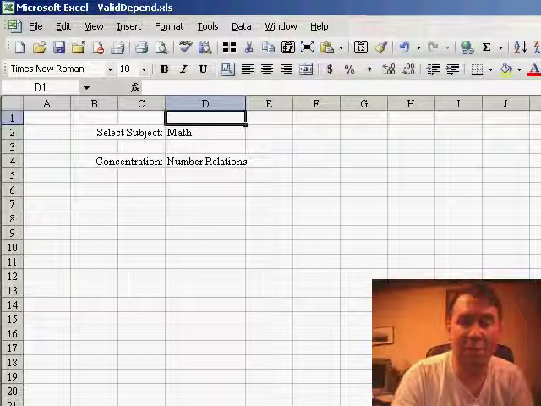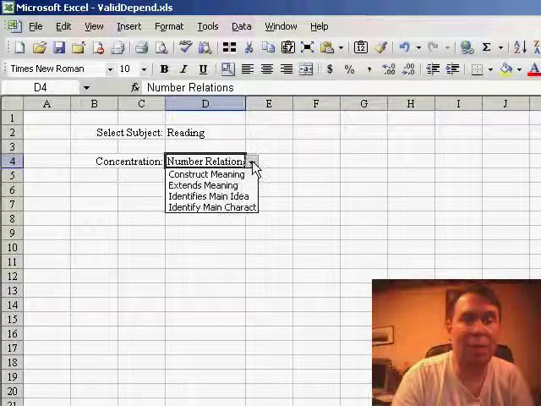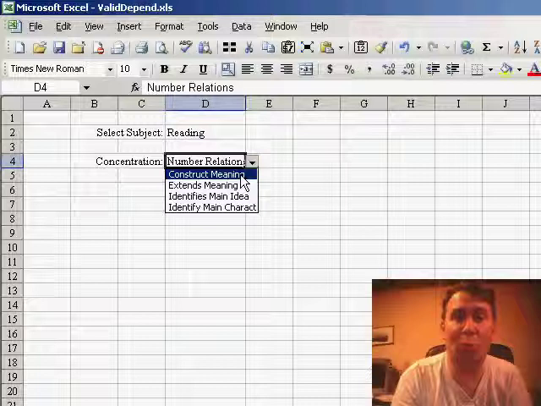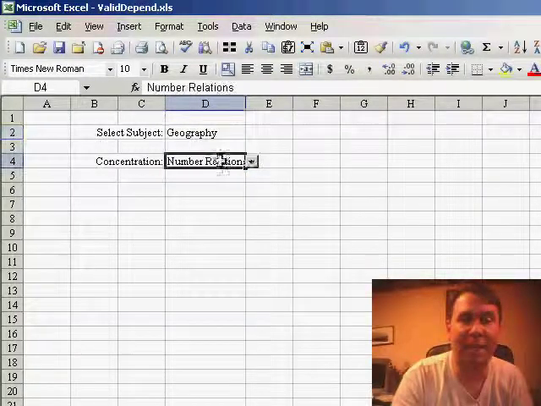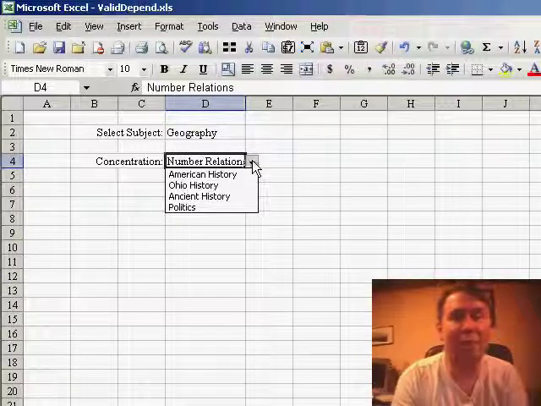So let me show you how it works. If we come here and change math to be, let's say, reading, then when we come to D4, the drop-down list will get its values from the named range called reading. If we go back to the original drop-down and change to geography, then this drop-down will dynamically get its list from the range called geography. Very cool use to create, let's call it,